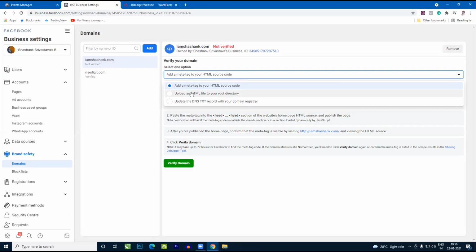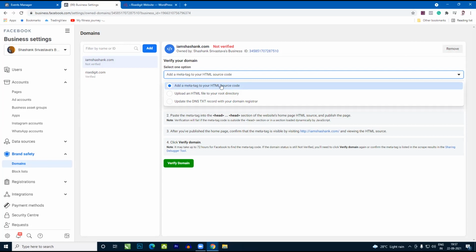This is a very fantastic, simple method. You have to just wait, see it very carefully. And if you feel like it is going pretty high, then make sure to come back and watch this video as many times as you want. So nothing to worry. It's pretty easy, right? So you can choose any method which you wish to. I'll tell you which is the easiest method as well.